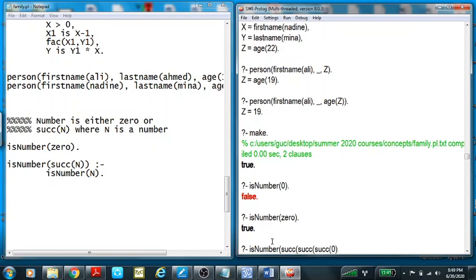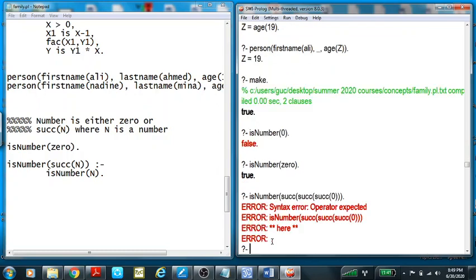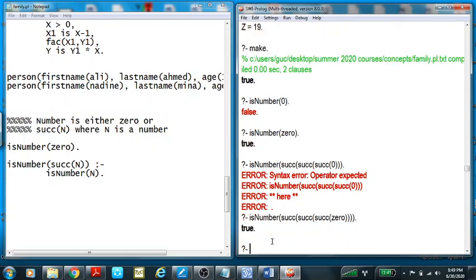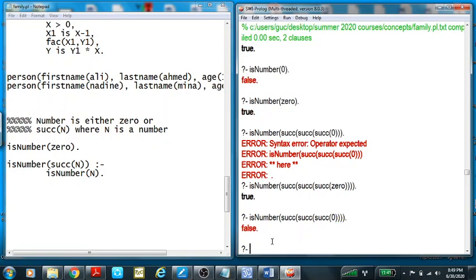Okay, 1, 2, 3. Thus, in this case, successor of 0. Okay, let me start. This is my 0. This is the first one, second, third, fourth. And now you will be getting true in this case. Now look, if I replace this one by 0, then the result will be false, because now once